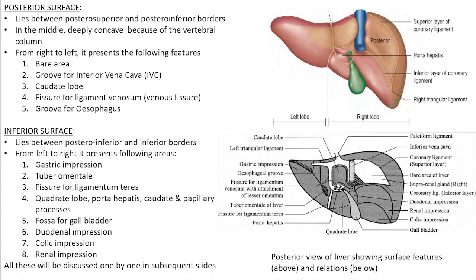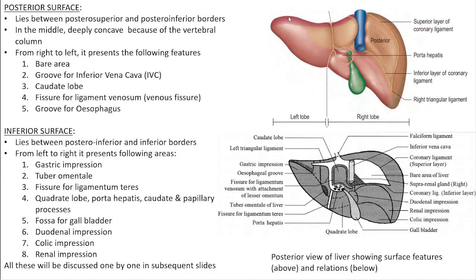Might be stomach, might be pyloric part of stomach, duodenum, the transverse colon, hepatic flexure of colon, the right kidney and the right suprarenal, and the gallbladder. So the inferior surface of liver, from the left side to the right side, if I go one by one,